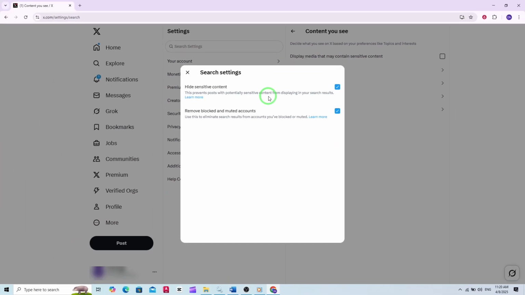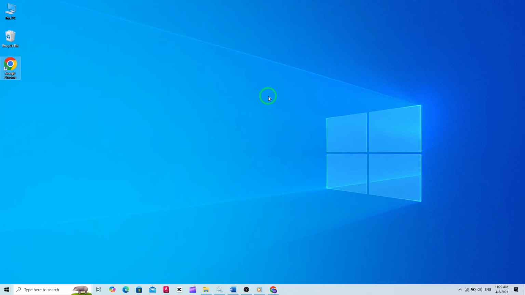And that's it. With just a few clicks, you've successfully adjusted your settings to hide sensitive content while browsing X